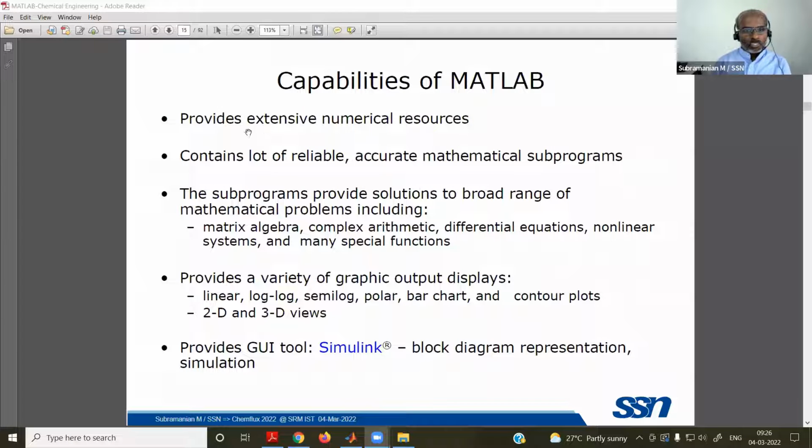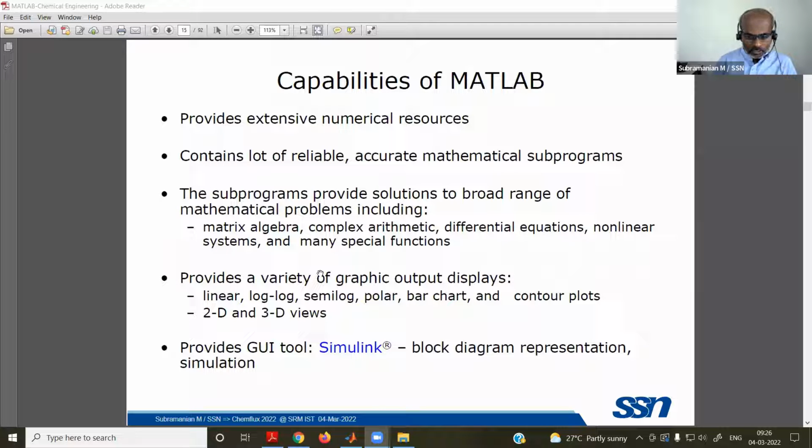Matrix Laboratory. It provides extensive numerical resources and is reliable and accurate, because for 20 years people have tested these features. So definitely you can take the code with a guarantee, and you can solve all kinds of mathematics. Most of the time we solve using the terminal.